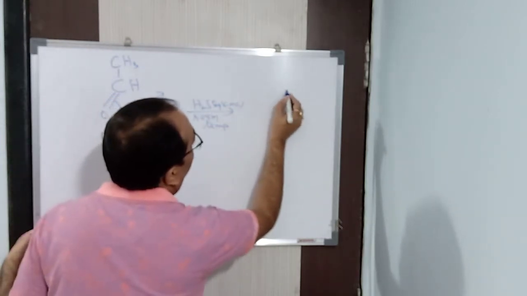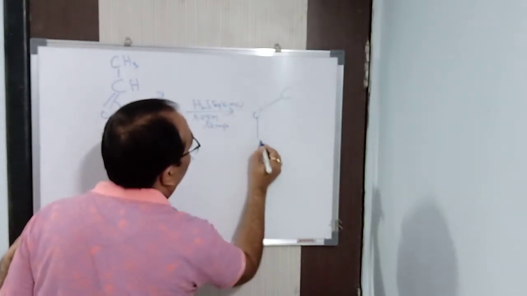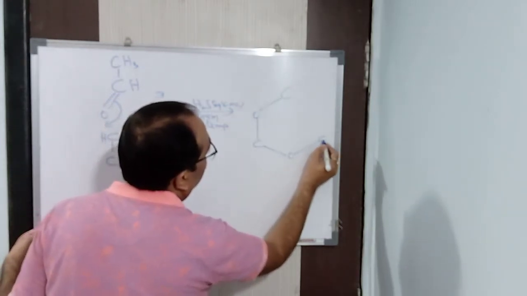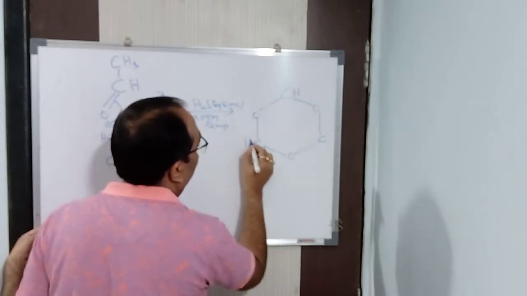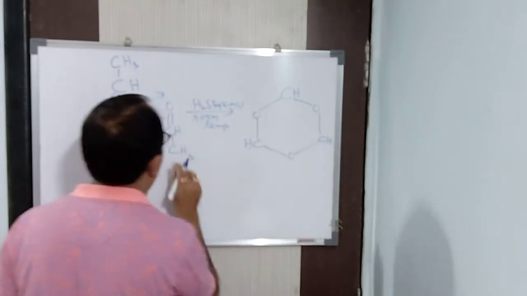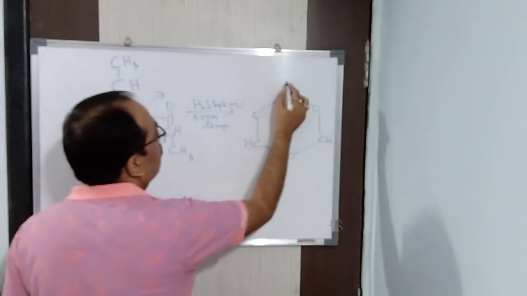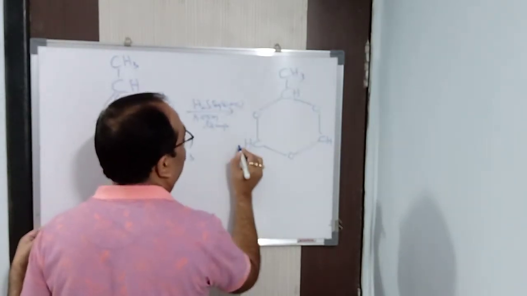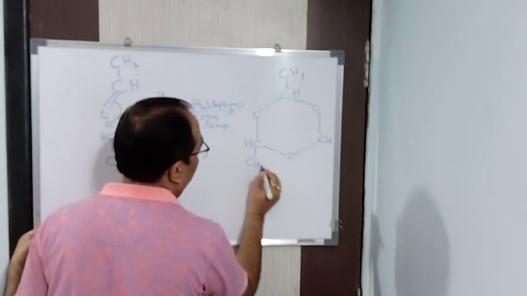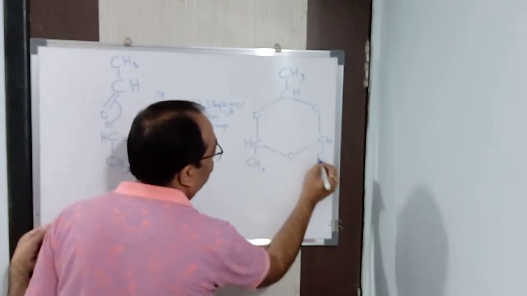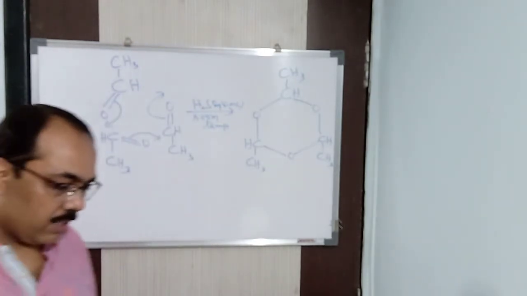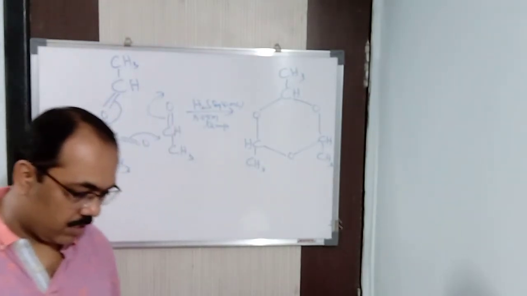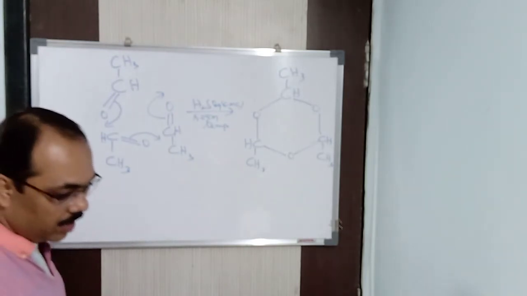So first let me arrange that. C, O, then C, then O, then C, then O, then H, H and H. You can see I have done it. Now with CH, what is attached? CH3, then here CH3, and here another CH3. Done. So this is nothing but paraaldehyde. It is the polymerized product we get.